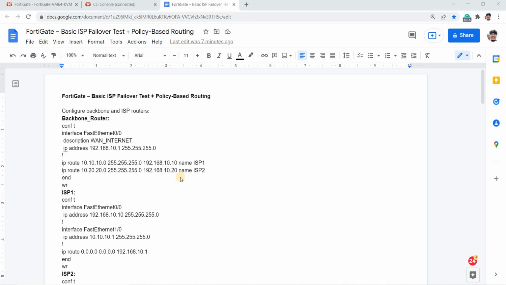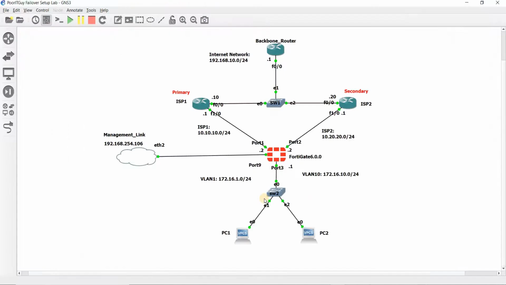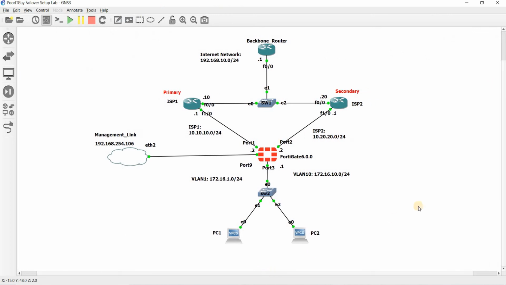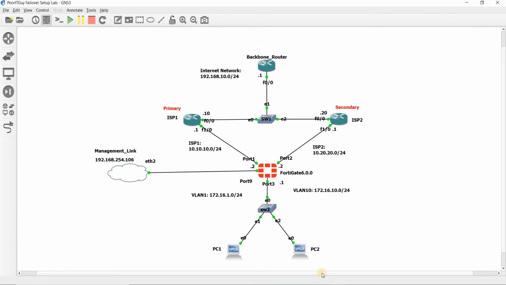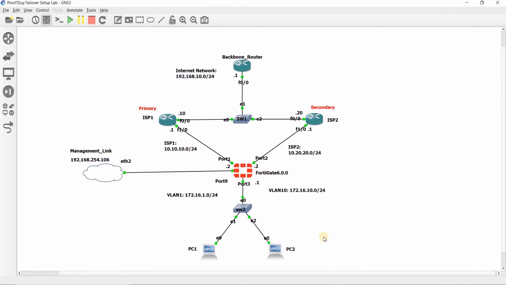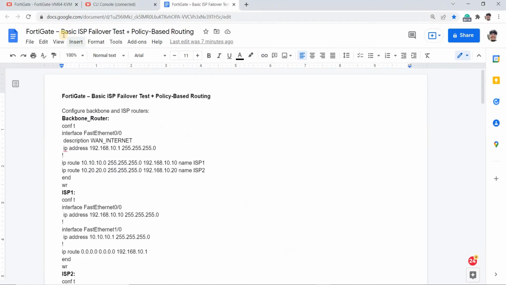In this video, I'm just going to talk about the lab that we did. I attended this training, and this is one of the labs that we did during the training. This is the topology that we used, and the lab is called Basic ISP Failover Test plus Policy-Based